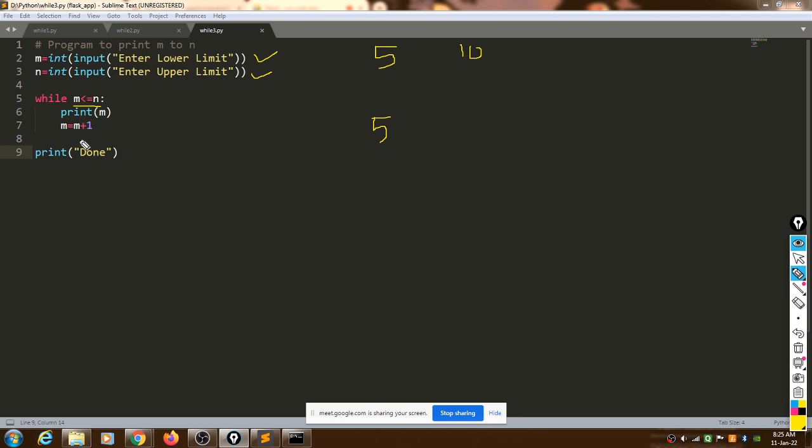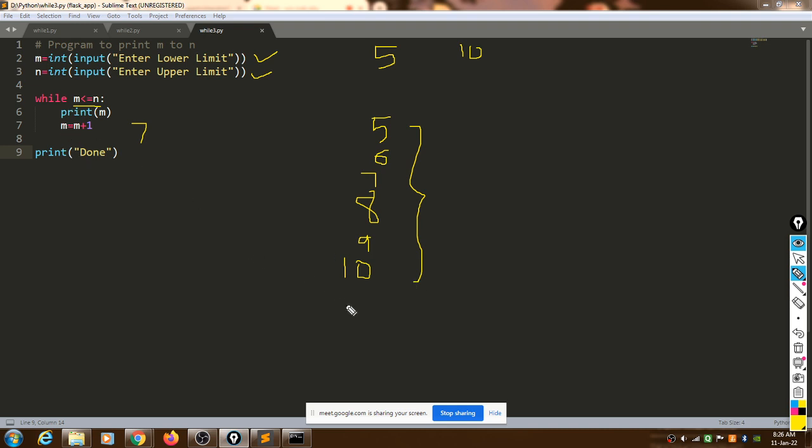Then it increments m by 1, so m becomes 6. 6 is less than equal to 10, again true, it prints 6. It increments m by 1, so now m becomes 7. 7 is less than equal to 10, this remains true, so it prints 7, then 8, then 9 and then 10.